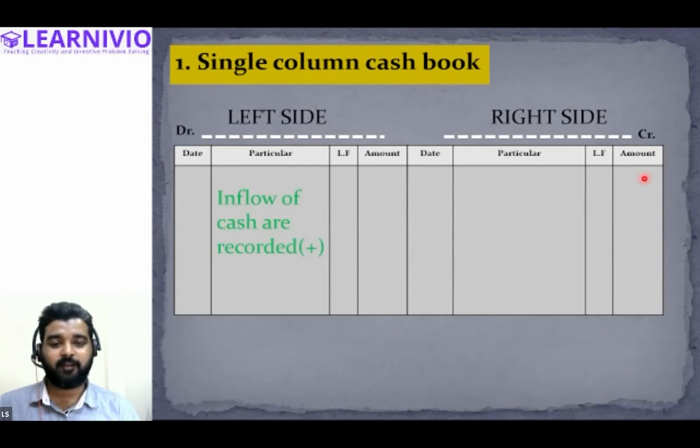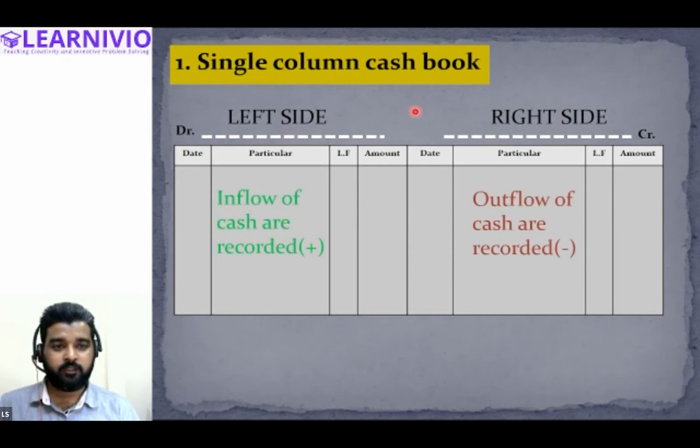All right. So why are inflows recorded on the debit side? Because we are talking about cash, right? And cash is an asset, or cash account is basically covered under the real account. So in case of real account, what rule applies? The rule says that whenever there is an inflow, whenever there is an increase in the asset, we will debit the account. And whenever there is a decrease in the real asset, we will credit the account.